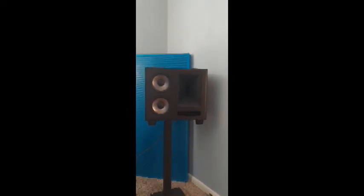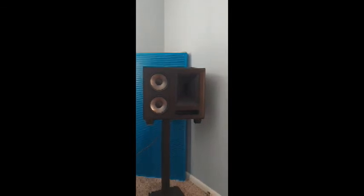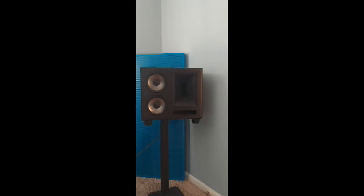And so whenever I listened to these for a while and found out that the treble is really lacking in these, it was kind of surprising. Like I said, Klipsch is definitely not known for that. So if you're looking into buying these and you're thinking movies, great. If you're thinking of buying these for music listening, I'm not going to say no, but